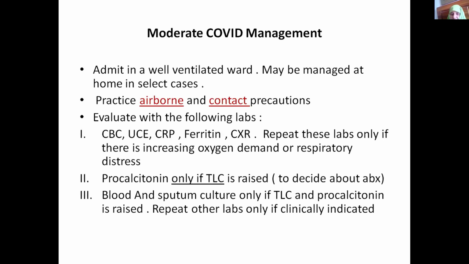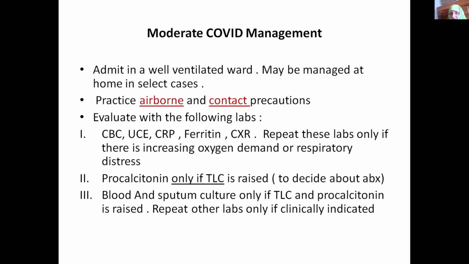Procalcitonin should be done if the TLC is elevated, because we see TLC elevation quite frequently, but in the past 4 months, I have not detected much raise in procalcitonin. Less than 5% of patients have a raised procalcitonin. It means that the TLC is a reactive leukocytosis, and you do not need to prescribe antibiotics, because this is